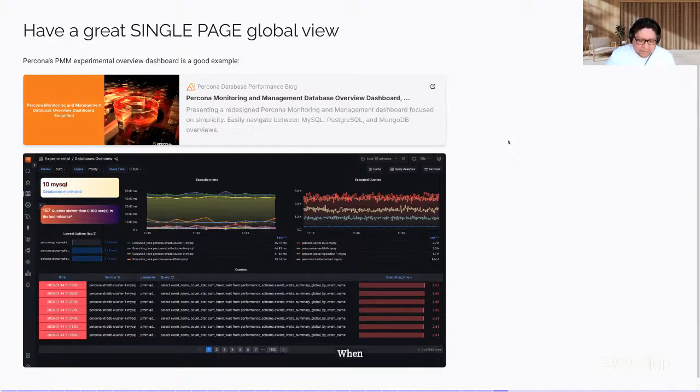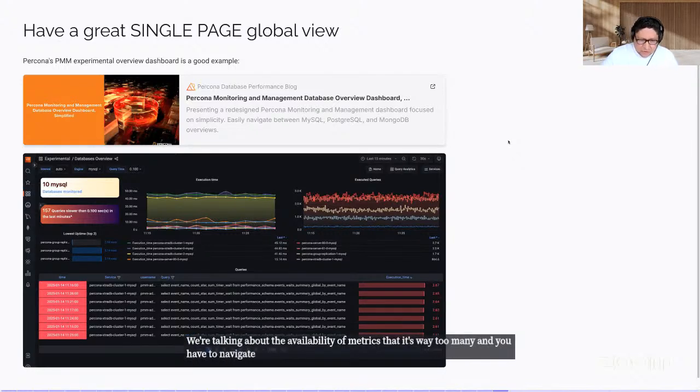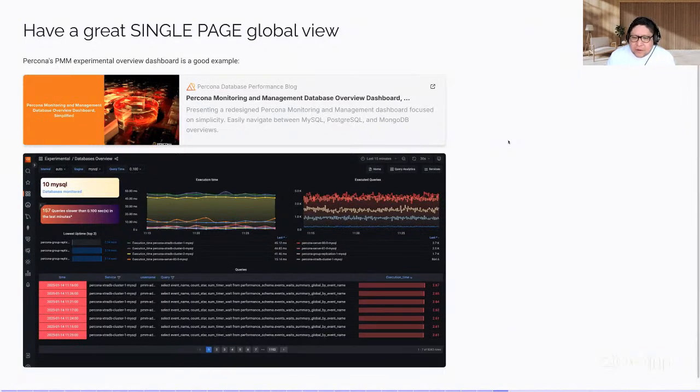When we were talking about the metrics paradox, we were talking about the availability of metrics, that there are way too many and you have to navigate, right? And it's not easy depending on the tool, depending on whether you're using a third-party tool like Datadog or SolarWinds or Splunk, or one of the open source ones like PMM, like SigNoz, like CoreRoot.